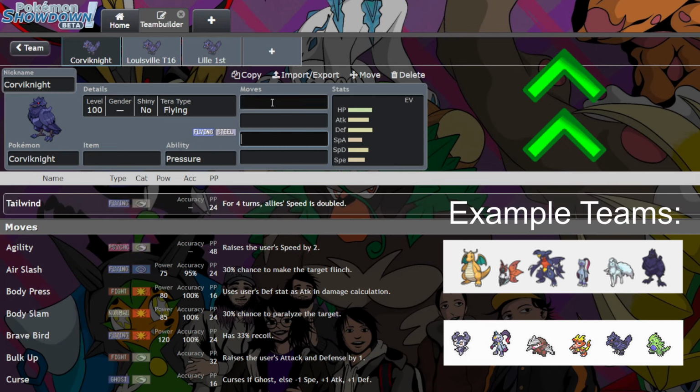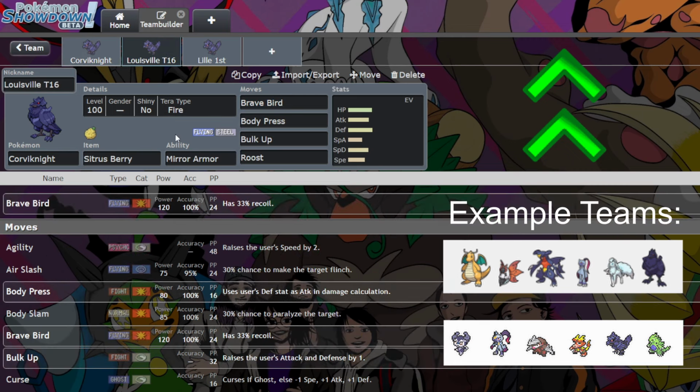You get a lot of good options. We'll take the Louisville top 16 from Alberta Lara for example first, and you just get a lot of good options. You have the setup with the Bulk Up, you have the Roost, so you're not going down nearly as quickly as anything else would, because once you get chipped, you just heal it back up. Body Press to capitalize on that defense stat that you have, as well as just double benefiting off of a Bulk Up. So now you're boosting your attack and you're boosting your defense, and you just start putting out pressure that way. And you have pressure from the physical attack side, and you also just have pressure from a Body